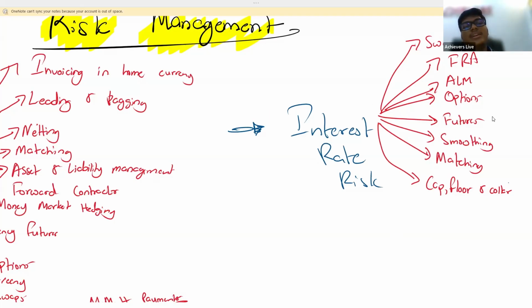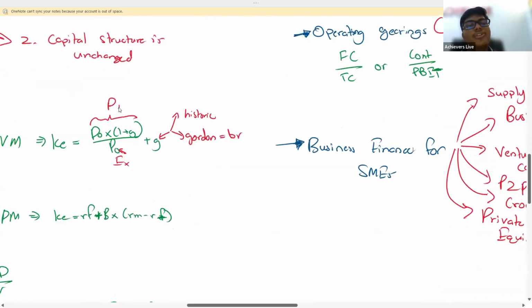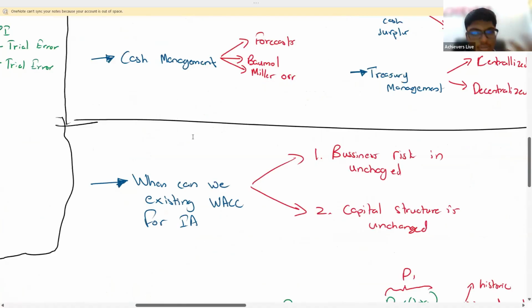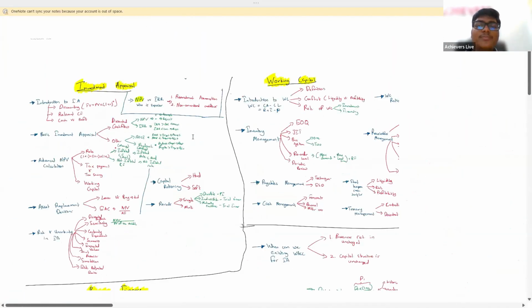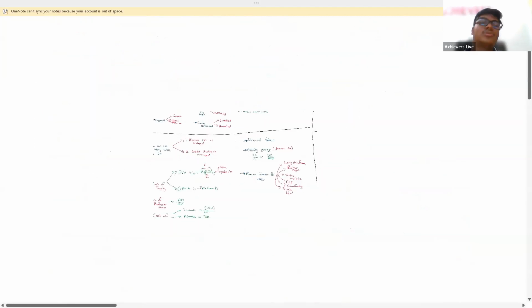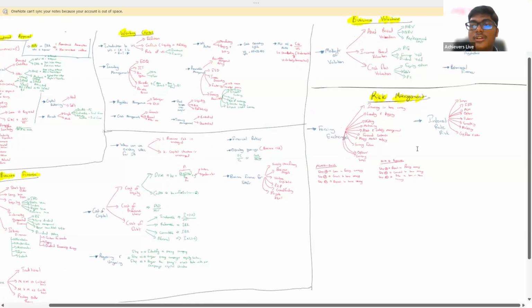So, section A and B, financial management function, financial management environment. I'm not going to go through it, but it's a very simple area. So, you needn't waste time over there. So, this is 98% of your FM syllabus mostly covered over here. I tried my best. Okay, so maximum I tried to summarize it.